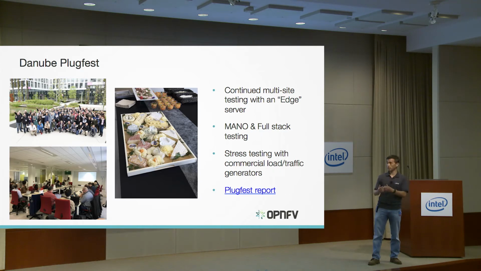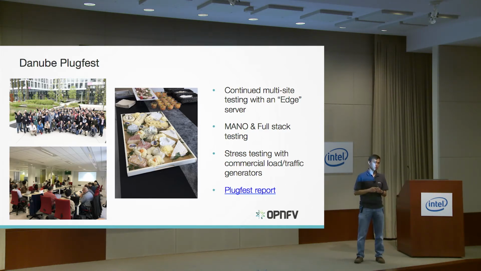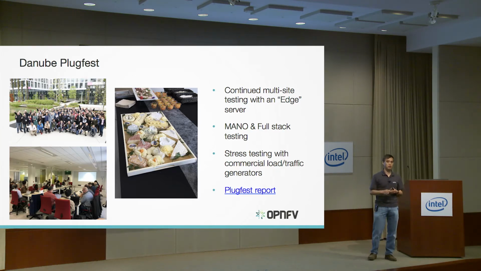Even the layout of the facility, as you can tell from the photo, is pretty open, easy to collaborate with people. Some of the things we did, I can't believe this was only a few months ago. It seems longer than that for some reason. But the Wind River team basically continued the multi-site testing, and this time around even brought along their friends from Advantech, who had an edge server that was hosted in the lab at Orange. One of the vendors brought basically a full network stack, including NAT and VNFs, and did their testing there,